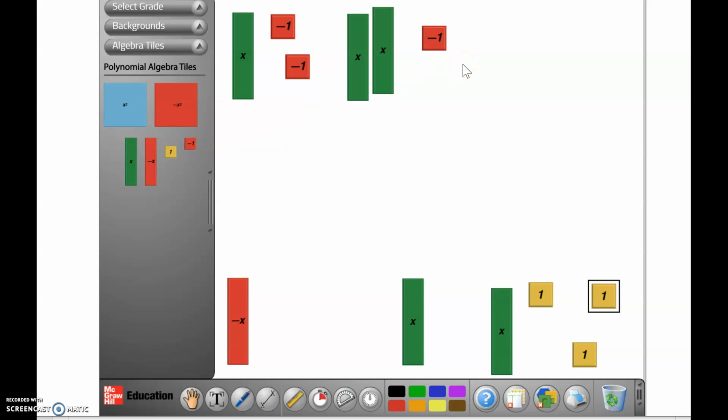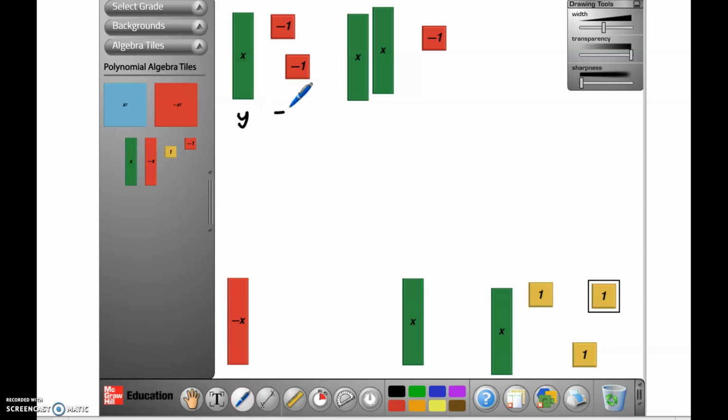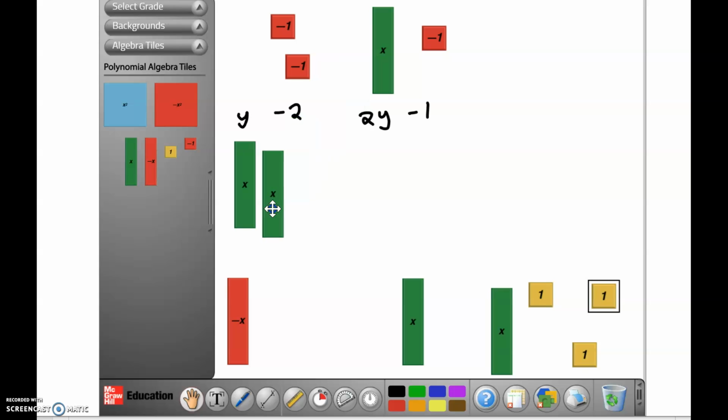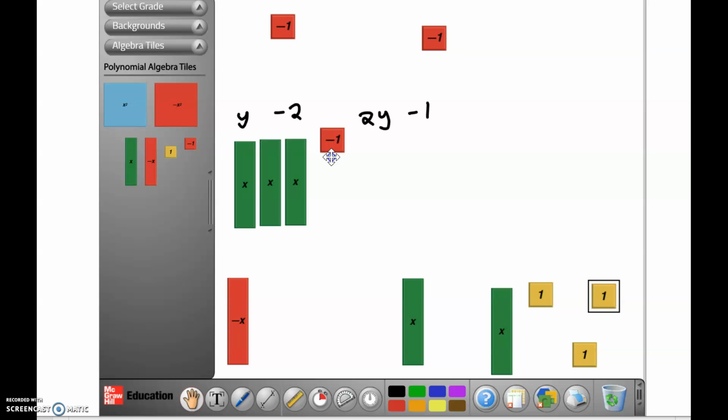Okay, so I have set up my expression here. So each of these, right, x, this one was y, and this was our minus 2, this is our 2y, and this is our minus 1. So we can see we kind of have each part of our expression there. Okay, so now we can move around our tiles, match up our like terms. So we have an x, and another x, and another x, actually y's, right? So we are going to have 3 y's, and then we bring all our 1's together, so we have 3